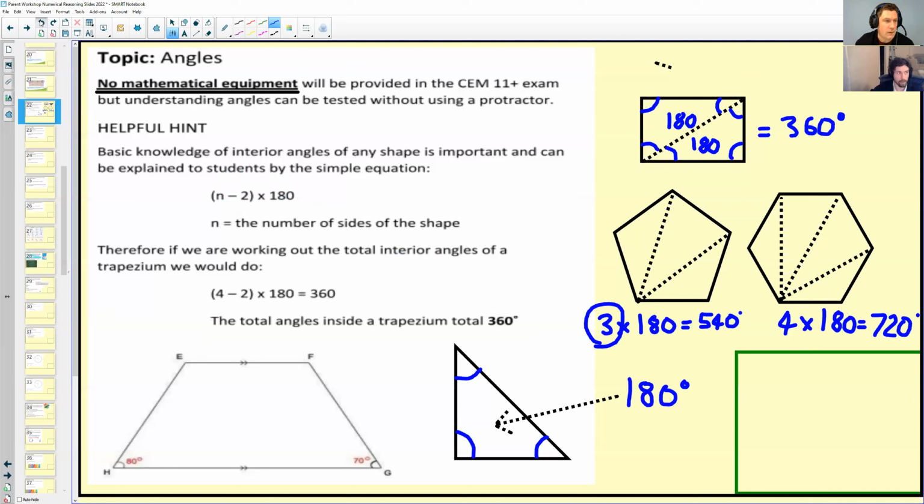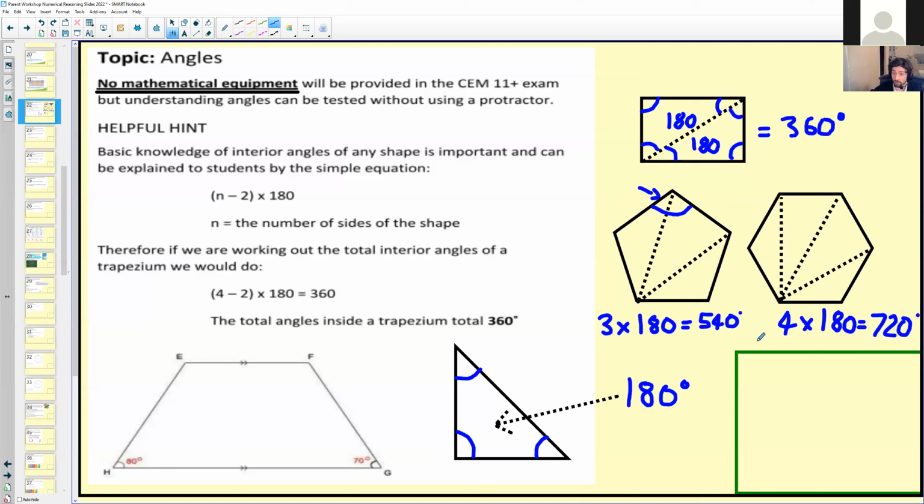So actually linking where this random, arbitrary rule came from to, oh okay, hang on, it's just how many triangles can I put into my shape. That's really useful, particularly because now I can work out the interior angles within any sided shape. If I want to know what a specific angle is, for example, if the question asks me what this one angle here is, provided it's a regular shape, again one of our definitions, regular meaning all the sides and all the angles are the same,